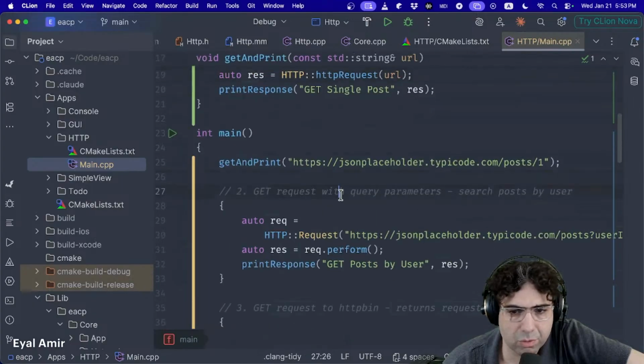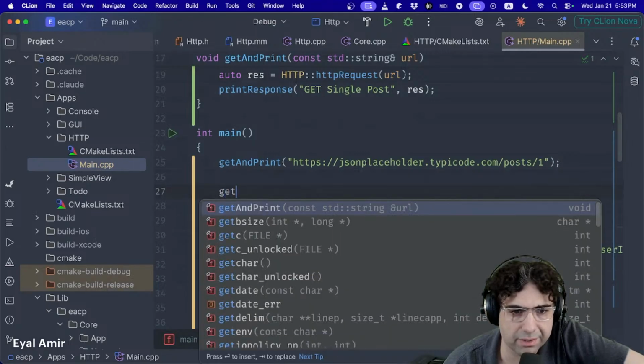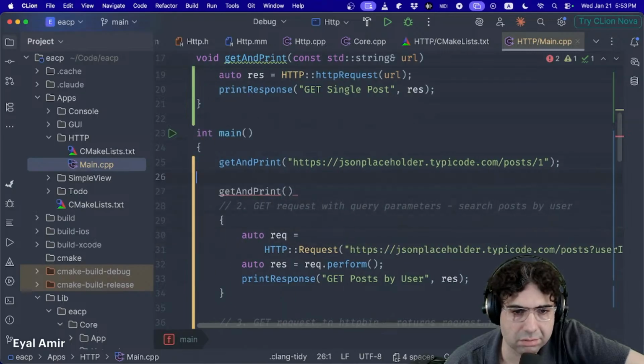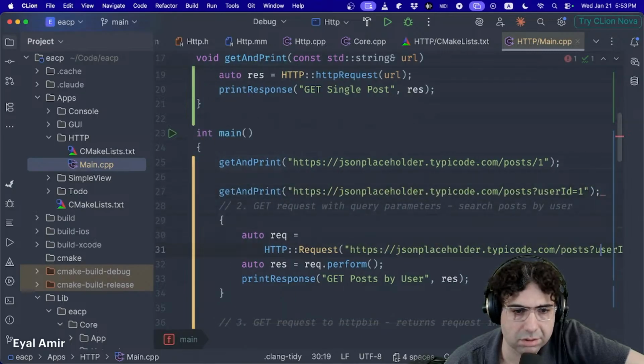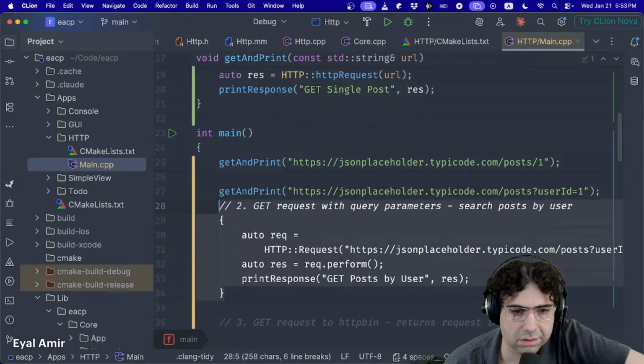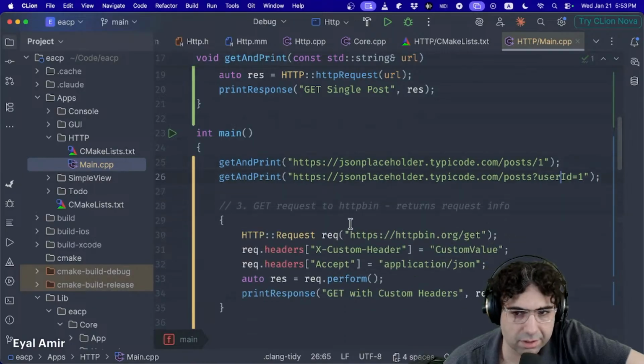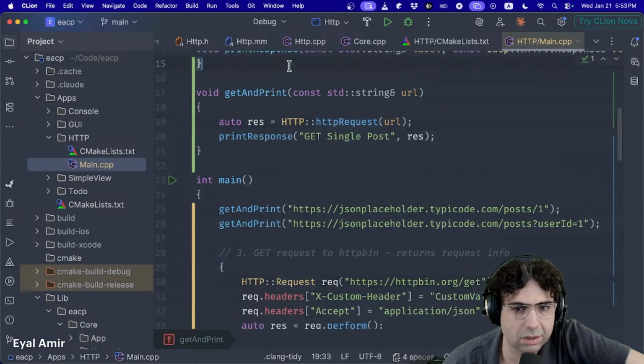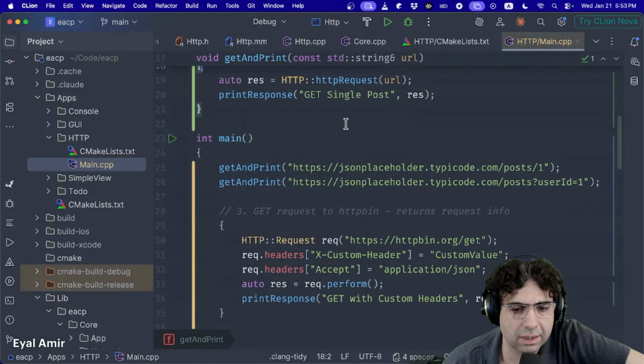Now get request with query parameters. So this is going to be the same thing. So get and print. Good. What else? So this is the same thing with the header, request to the header. So let's